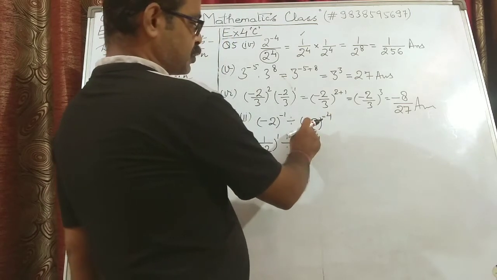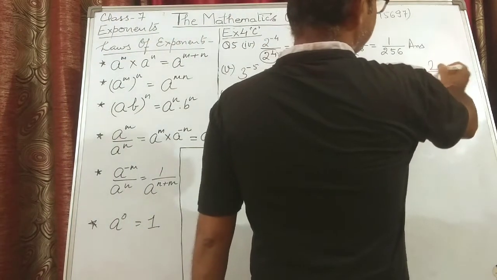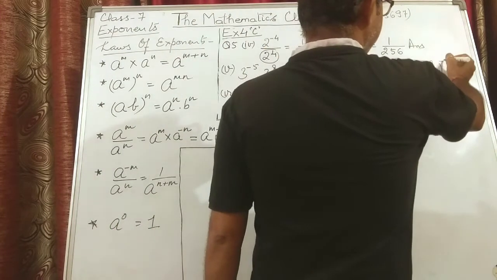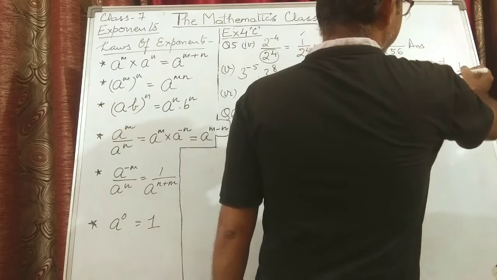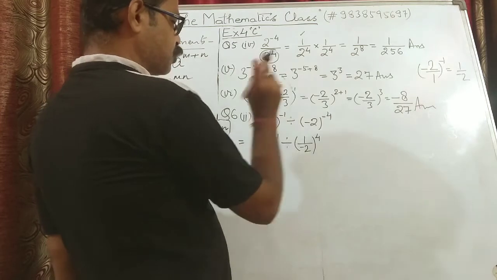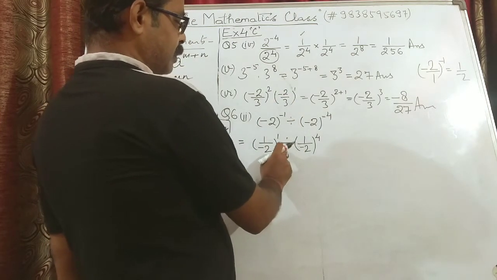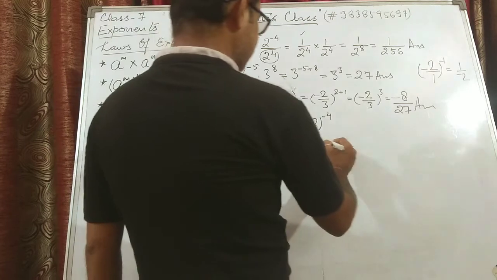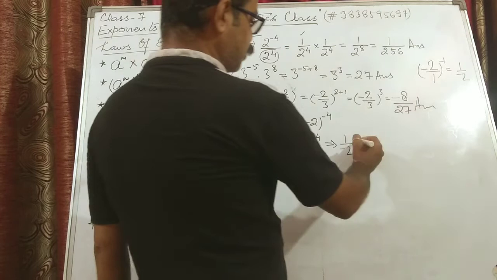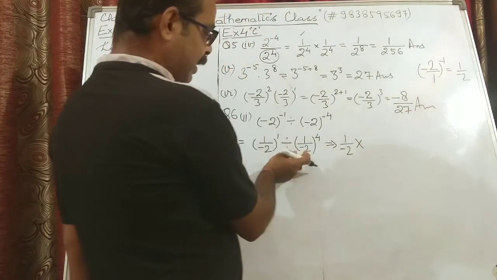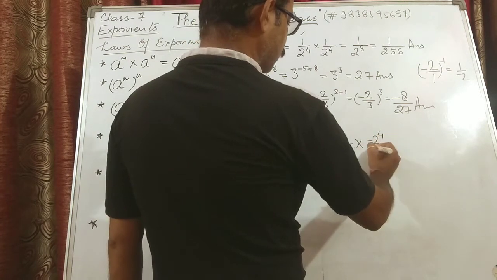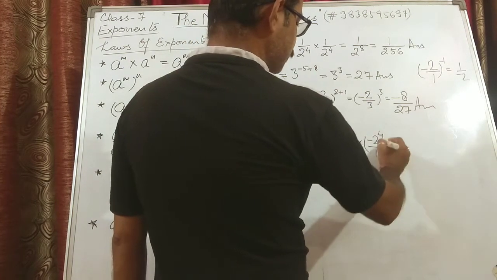Because it was in the numerator, 2 can be written as 2 upon 1, or minus 2 can be written as minus 2 upon 1, and if its power is minus 1, it can be written as 1 upon minus 2. So that is why minus 2 to the power minus 1. So 1 upon minus 2 to the power. Now we will eliminate this division sign. This can be written as 1 upon minus 2. This will convert to a multiplication sign, and again this number will reciprocate. So minus 2 to the power 4 upon 1 means whole power.